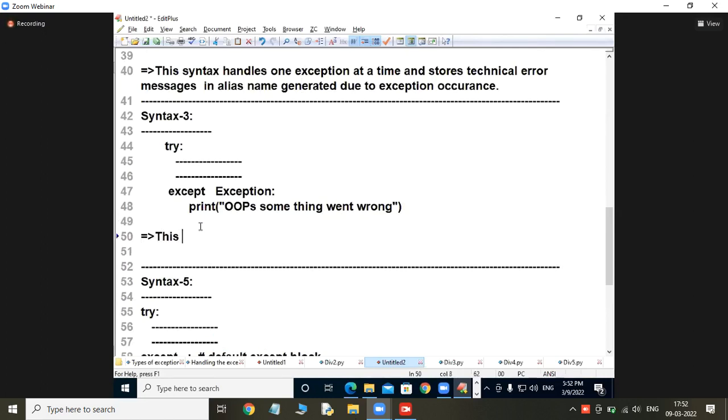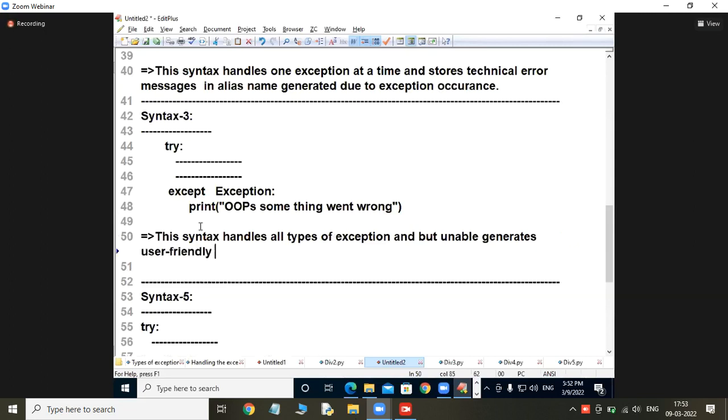This is the syntax. It handles all types of exceptions, but is unable to give user-friendly error messages.